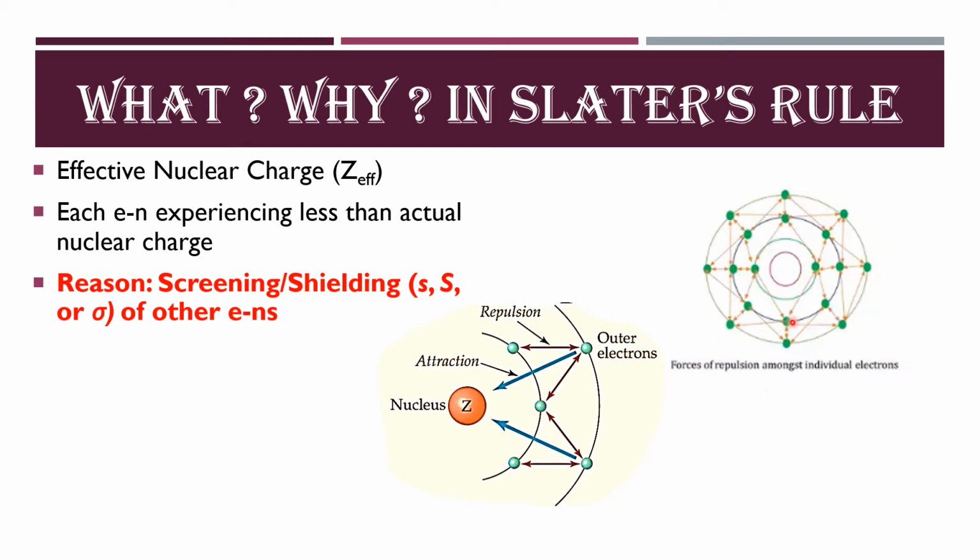I think you are getting it very clearly. See in this figure also, the electrons experience repulsion between each other. Because of that, the nucleus and the outermost electron experience a very weak attraction, due to the screening effect. This is the screening effect. These are all the electrons acting as a screening effect.